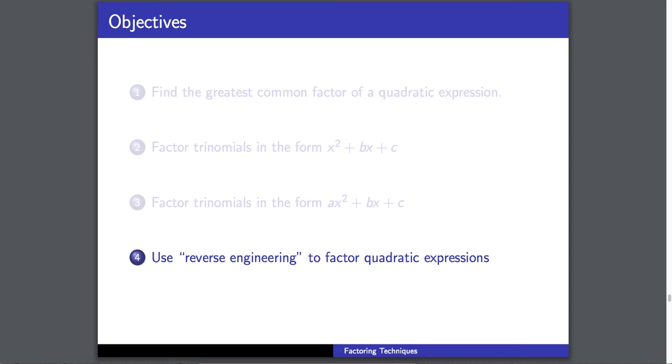In this video, we're going to use what I call reverse engineering to factor quadratic expressions. Especially for ones that we have to factor in the form ax squared plus bx plus c, we had some rather large numbers. I believe one of them was 294 or something like that. So it might take you a while to find two numbers that multiply to make the last term that add to make the middle. So let's see if we can speed things up a little bit using what I call